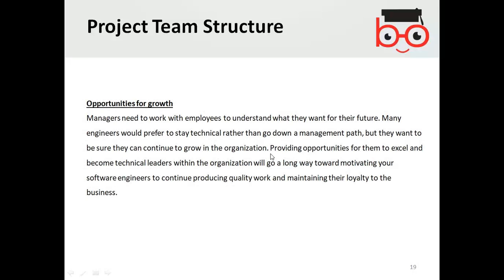So whoever is interested in a particular role, if someone wants to continue in management, then you give them the opportunity, and allow them to grow according to their wish.